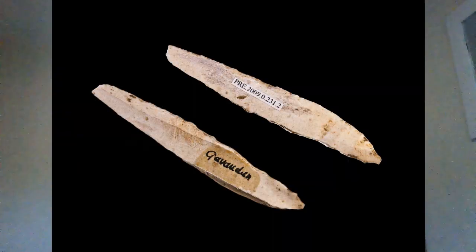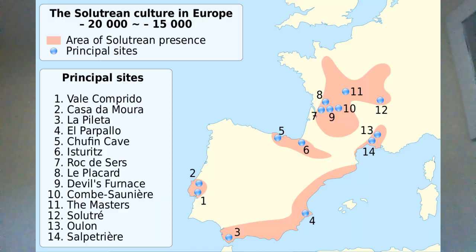Right, so in Europe, the Solutrean is a period dated about 22,000 years before the present to about 17,000 years before the present. It follows the Gravettian and in turn the Aurignacian period, which follows the Neanderthal Mousterian. So it's the third period of human culture in the west of Europe, and the main sites are in Spain, Portugal, and France. The two type sites are in France, and